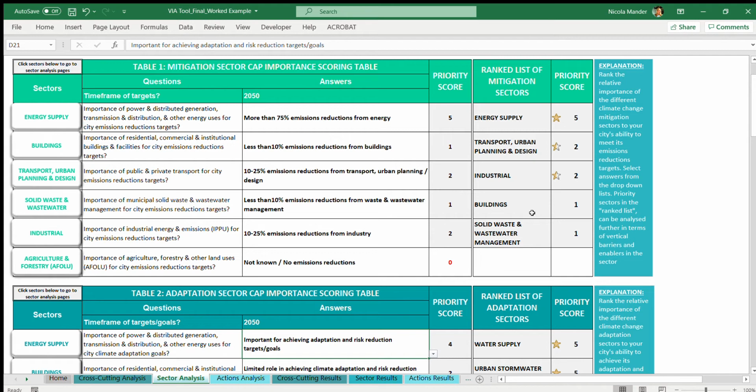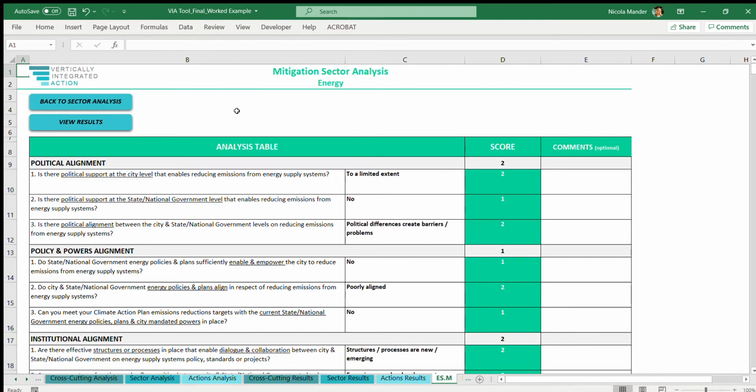So in this example that we've worked up here, we've actually gone and analysed energy supply in buildings, just to show you how the analysis works. But if you had decided the same and you wanted to now analyse energy supply in terms of vertical integration, you would look at this list here and you would click on the energy supply button, where you'd be taken